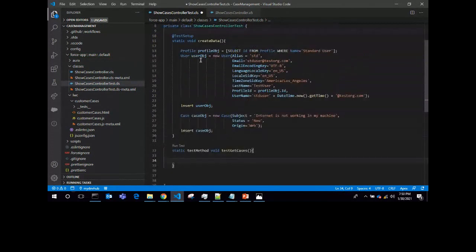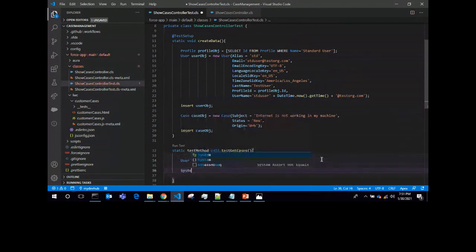Here I have already created one user where the alias is std and the profile I have taken is standard user. So I can mention it here: user where alias equals std.